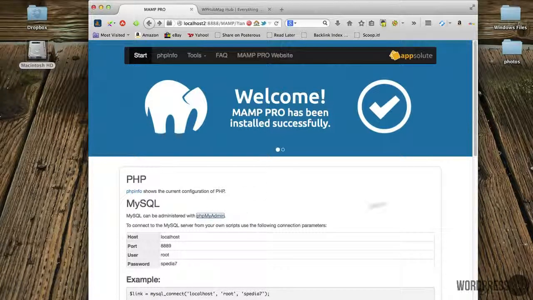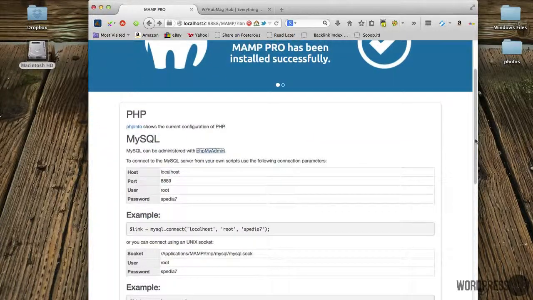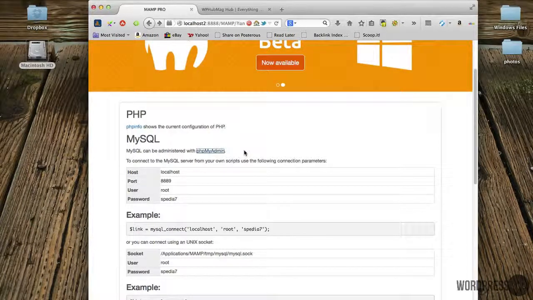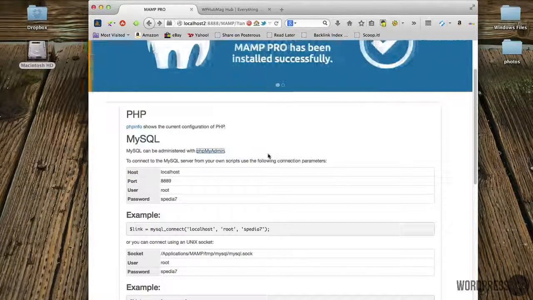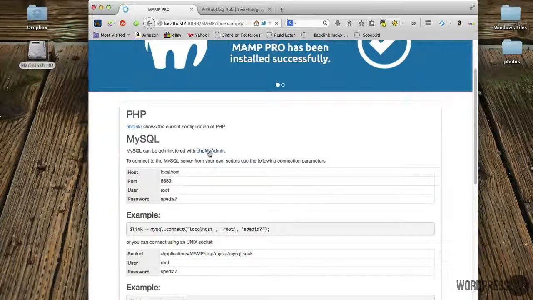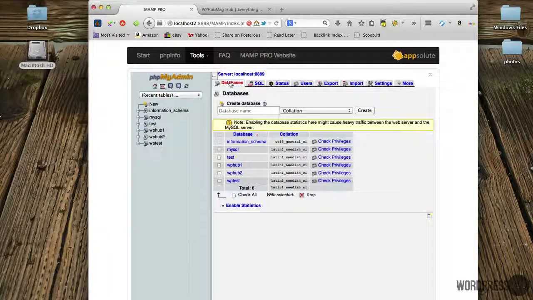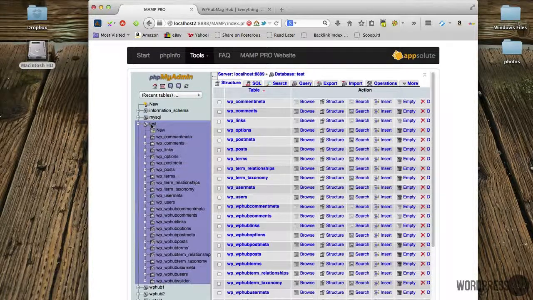So it gives you a quick link to the section we're going to next, which is phpMyAdmin. We need to go into there to be able to export the database, and that's the first thing we need to do before we go any further. So we'll go into there, and what I want to do is go up and select databases. You'll notice I have a number of different databases, so you need to make sure that you're going to export the correct database here. So I want to make sure that I'm exporting the test database,